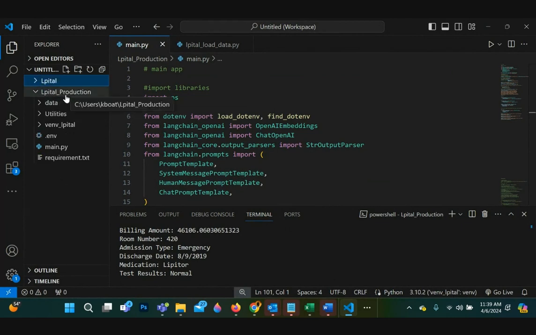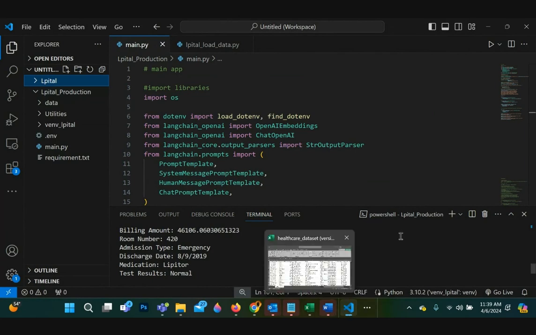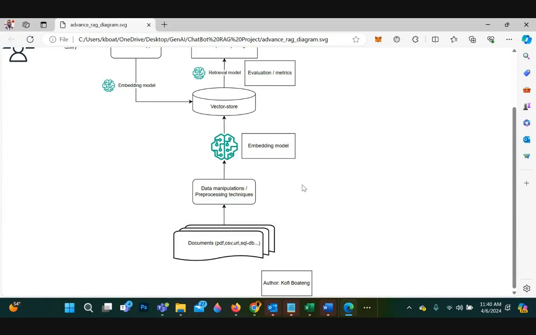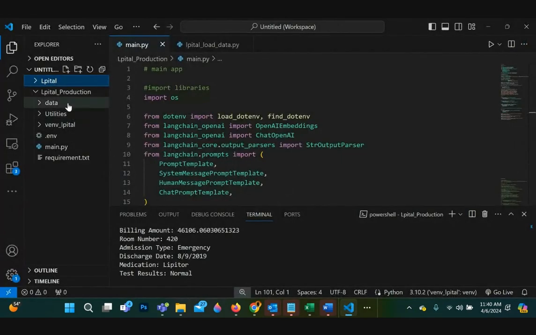All right. Based on what we've seen, let's just focus on the architectural diagram here. This is what we're going to build. There are many ways of doing it, but for now, as a prototype, I have the CSV file in the data folder. Then I built a utility.